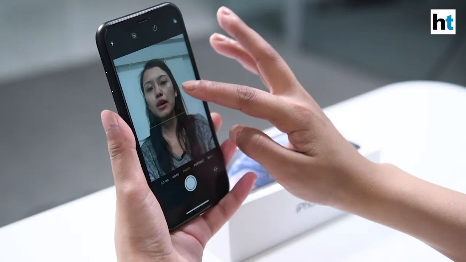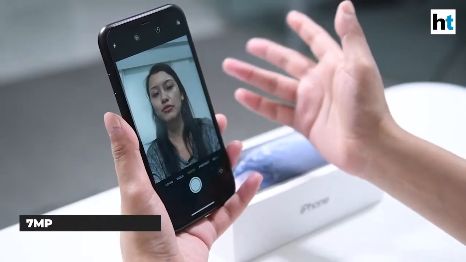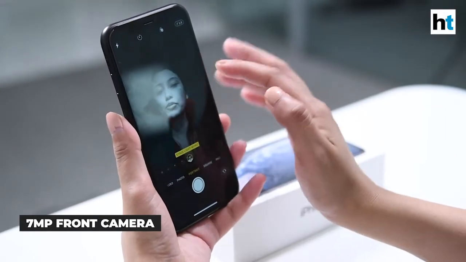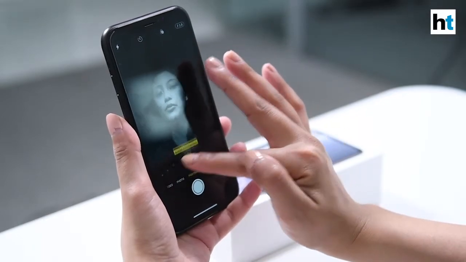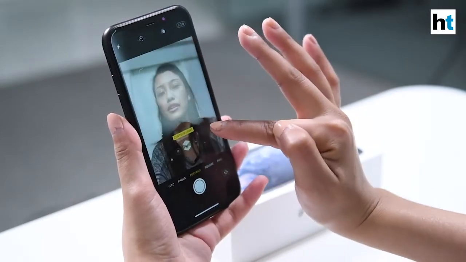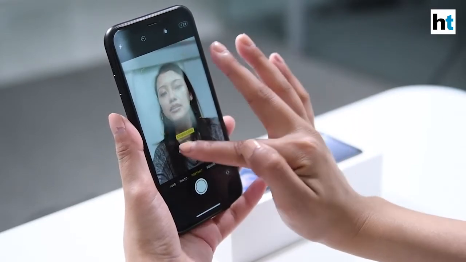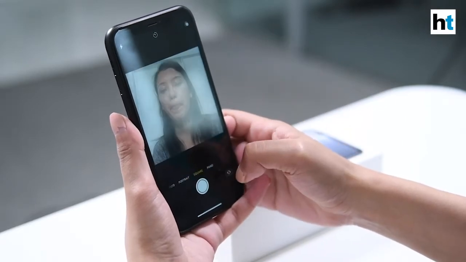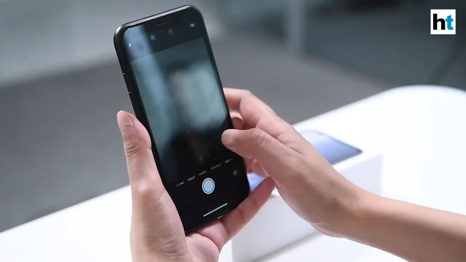Now the selfie camera, as I've already mentioned, it's a 7 megapixel camera that you get on the iPhone XR. Now with the selfie camera you can also use portrait mode, and you have more features to play around with, like stage light mono, then stage light, then there's contour light, then there's studio light, and this one which is natural light, which is a normal portrait mode. Then there's the square format as well for selfies.